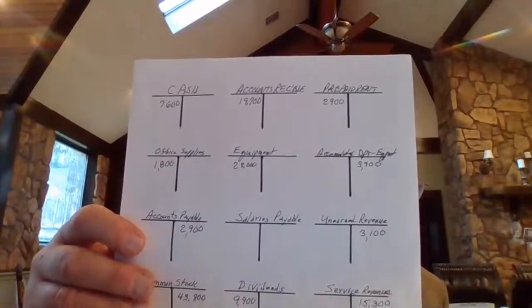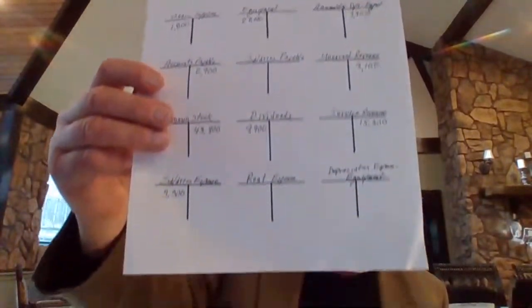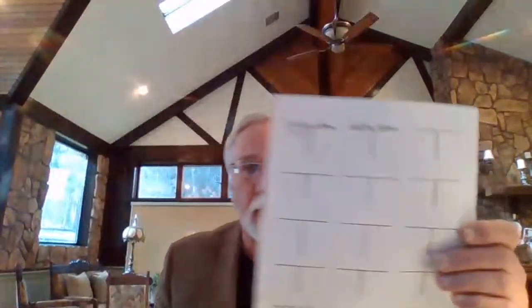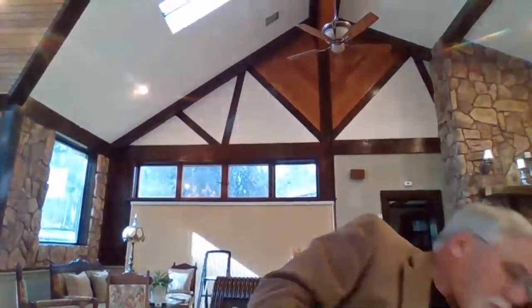So I got my handy dandy T account sheet here. I went through that unadjusted trial balance, wrote down all the accounts and the balances, whether they were debit or credit, and set them up like so. So now I'm going to post them. And what I think I'll do is I'll post them in red so you can see the journal entries, and I'll reference them by a letter. I'll go right in order: A, B, C, D, E, F, G. So A, there's a